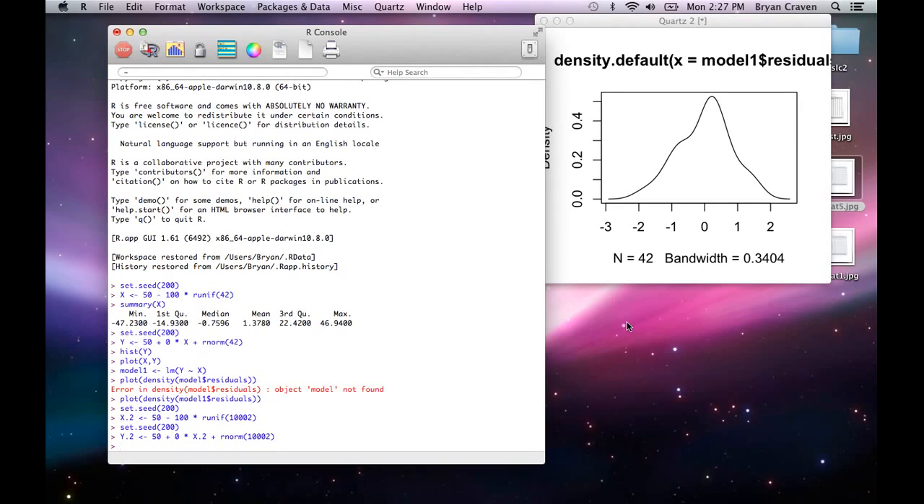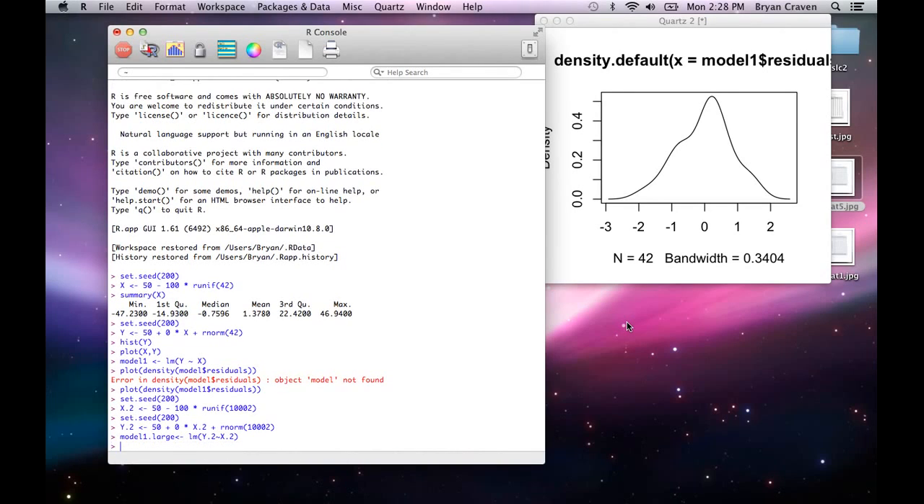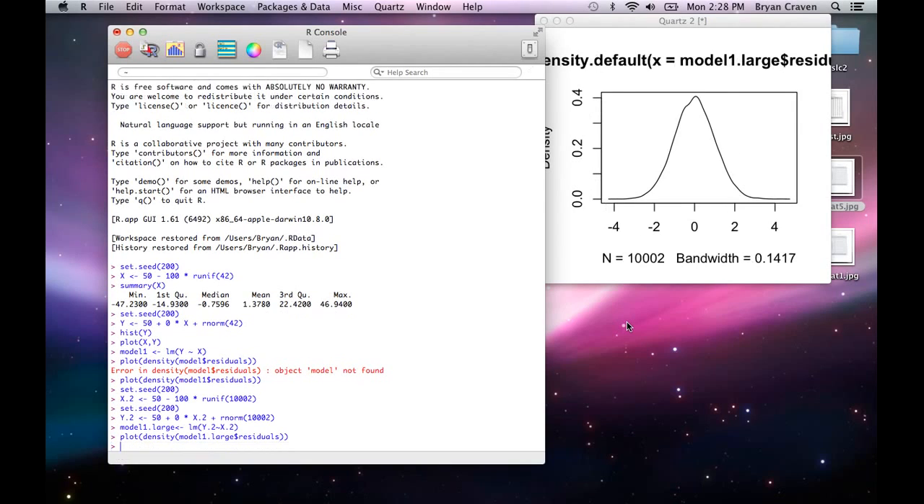Okay, and then let's run another model. We'll call it model1.large, and this model is going to be lm of y.2 tilde x.2. Okay, and then let's plot those residuals there. So we're going to say plot density model1.large $ residuals again. And before we hit enter, glance at this graph, and then when we plot it,